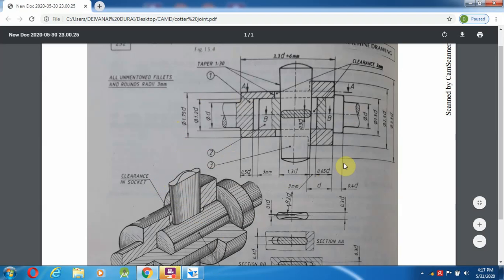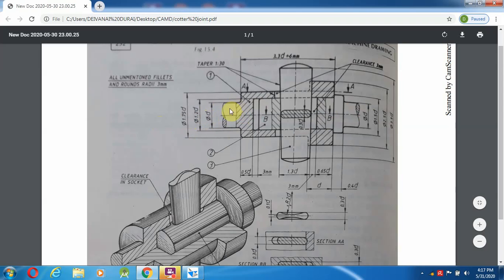Now in this video we are going to discuss how to make the cotter joint. Before going to that, we have to remember all these formulas. In the question only the diameter is given. With the help of the diameter, all other sizes are formed using these formulas.